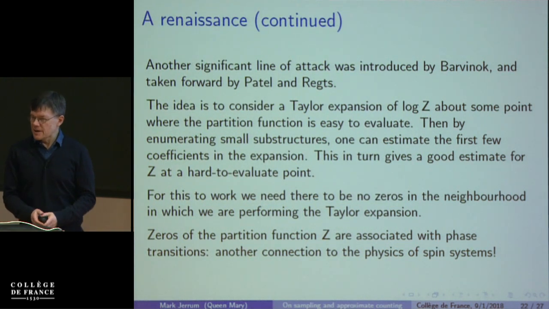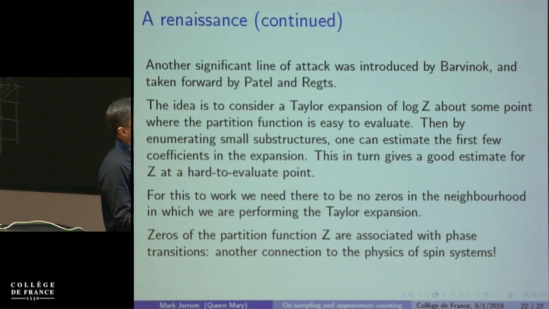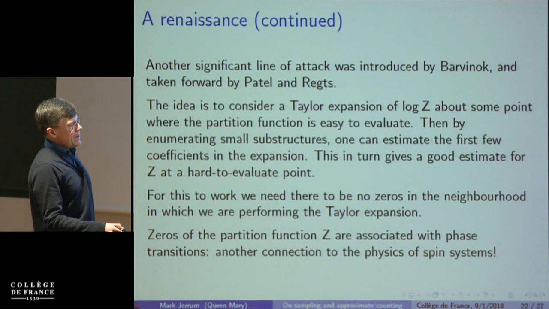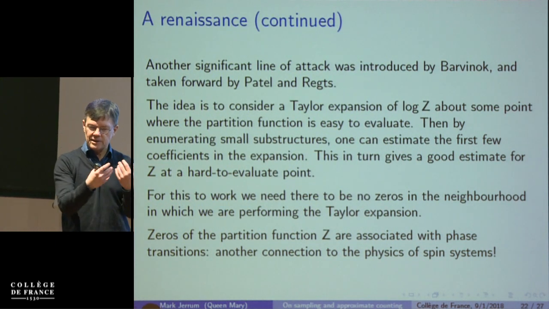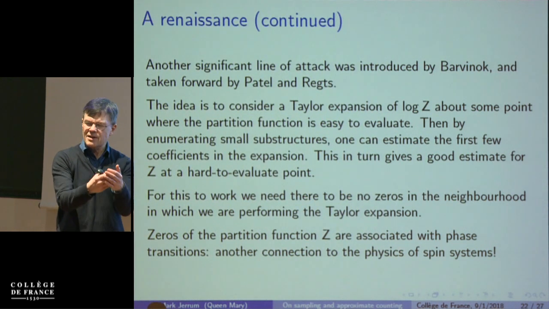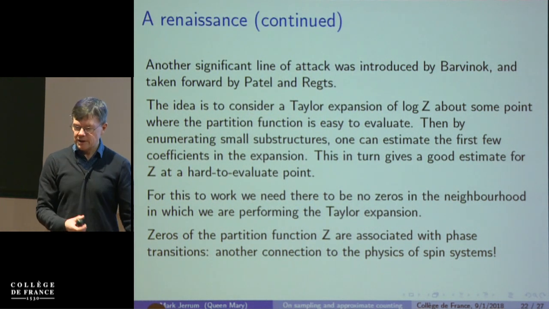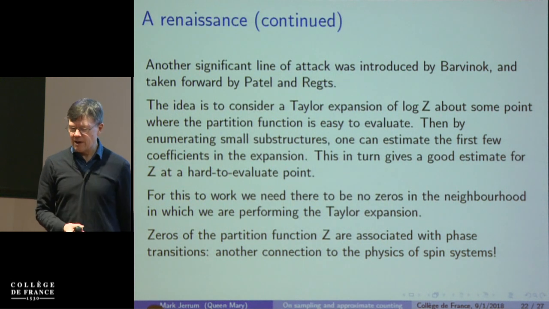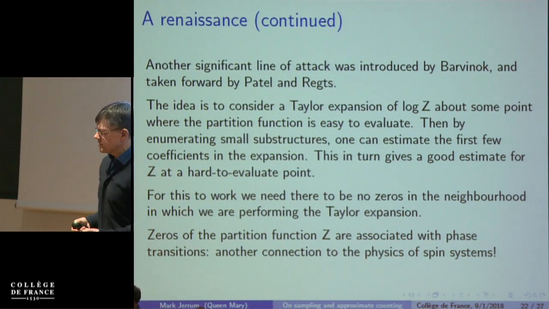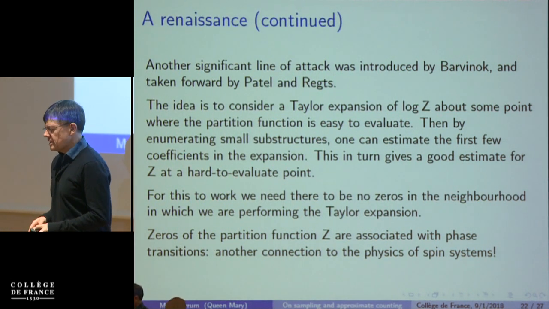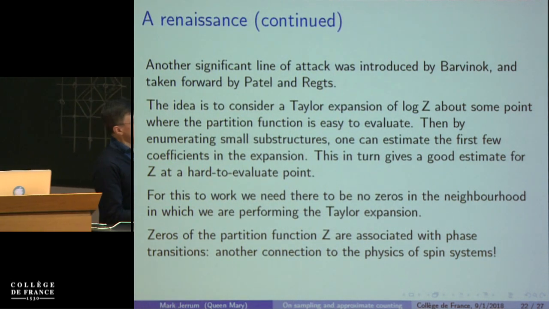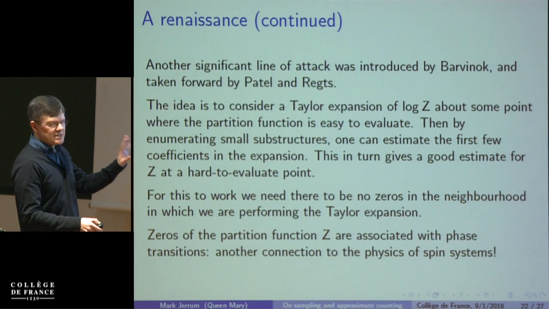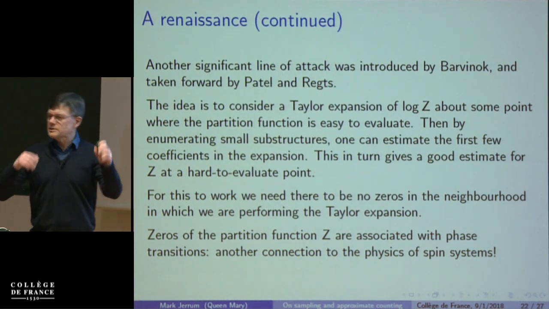Okay, so that's just another idea. And it relates to physics because the limit of their method is, you look at the partition function and for this to work, you must have no zeros locally. And this is exactly how the physicists look at phase transition. It's the presence of zeros in the partition function, poles or zeros. So again, somehow the limit of this method is also related to statistical physics.